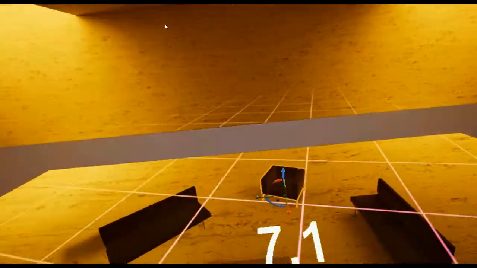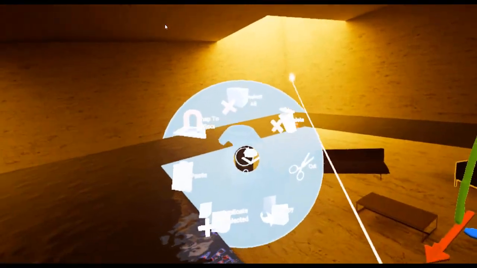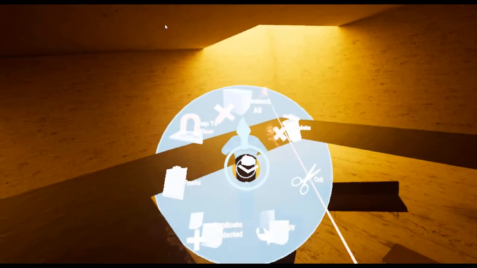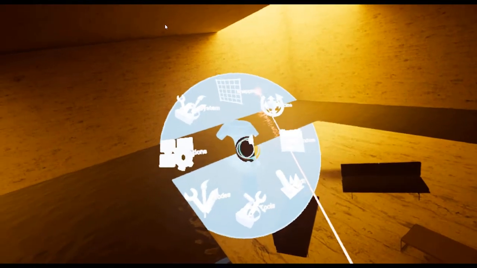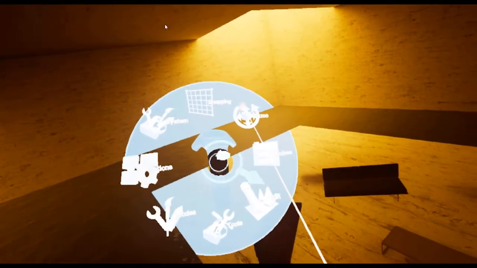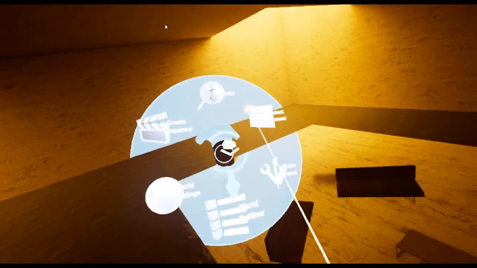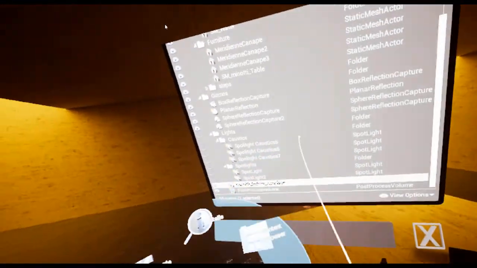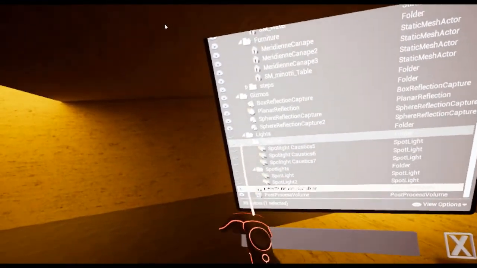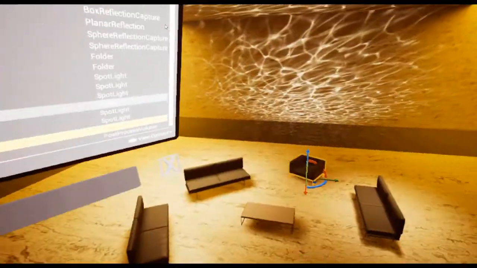eventually we will be working like this. I think there's no doubt about it, but right now I think it's just a good idea to play around with this and keep up with the development. I'll just try one last thing. I'll go back to my windows and go to the world outliner, and I can maybe turn my caustic lights on and my spotlights